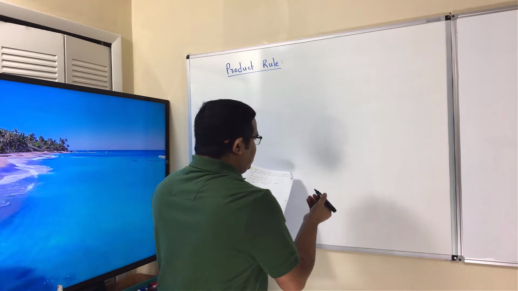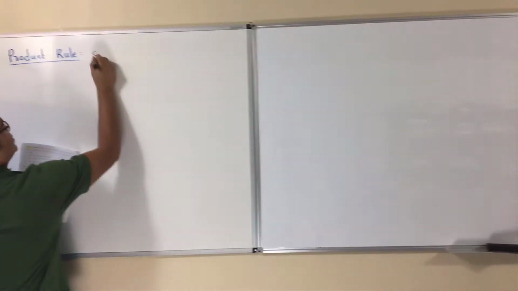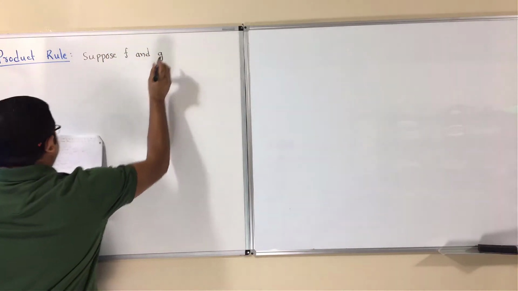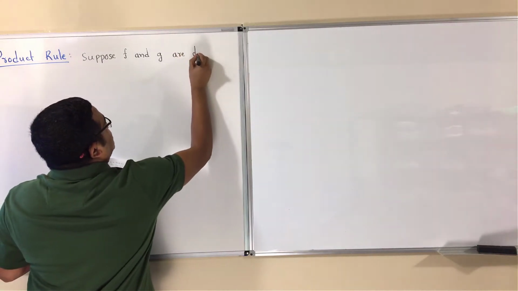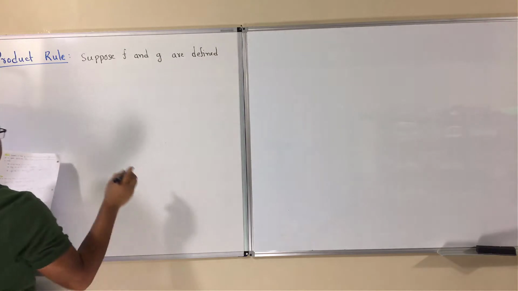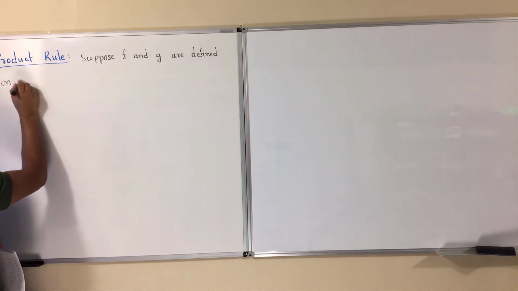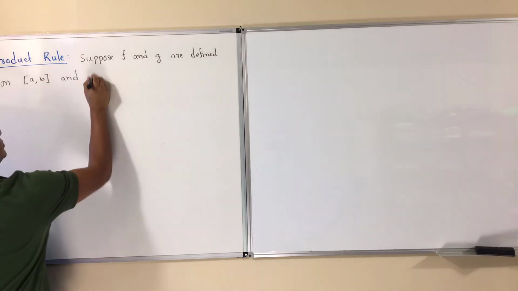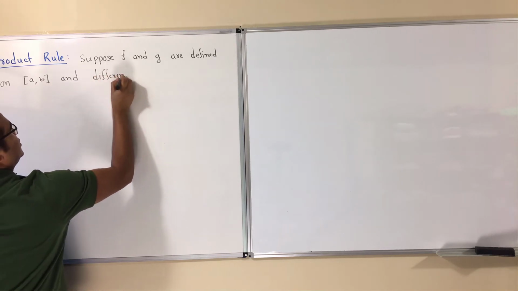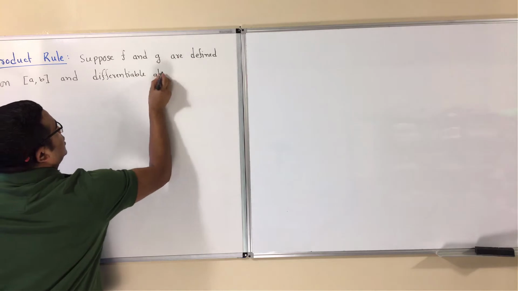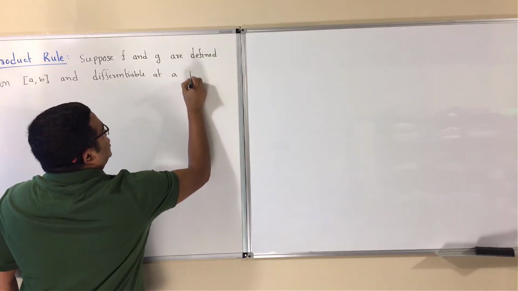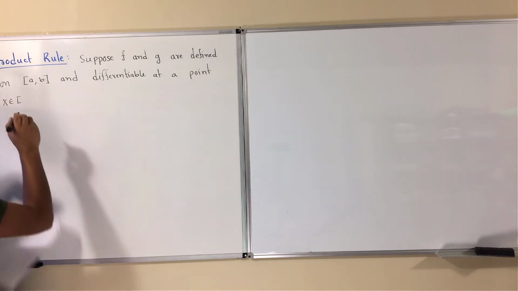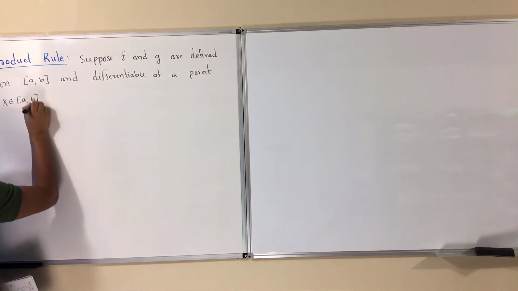Okay, so if you have two functions, suppose f and g are defined on the interval AB and differentiable at a point x which is in AB, then